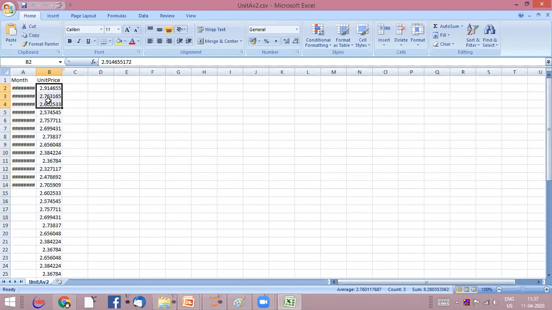So the past 3 data points are allowing us to predict the 4th data point. So 1, 2, 3 become your input and the 4th becomes your output. By cascading it further, 2, 3, 4 become your input and the 5th becomes your output. 3, 4, 5 becomes your input,